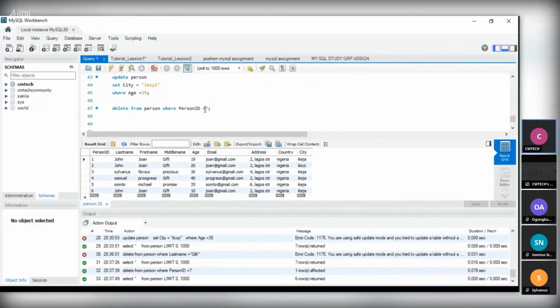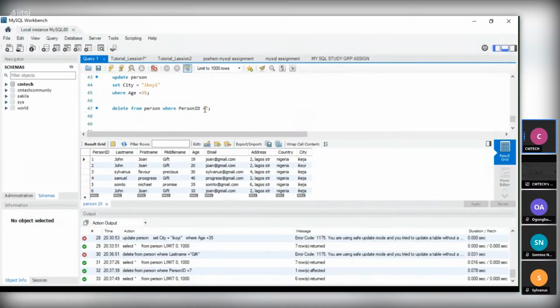Then everything in that table will be deleted. So that is how you can delete all the records. I'm not going to write it here, because we are making use of the data we created at the beginning of this class.